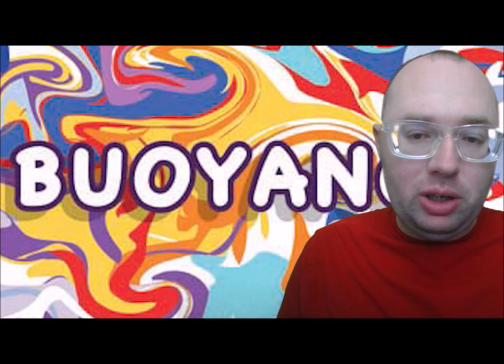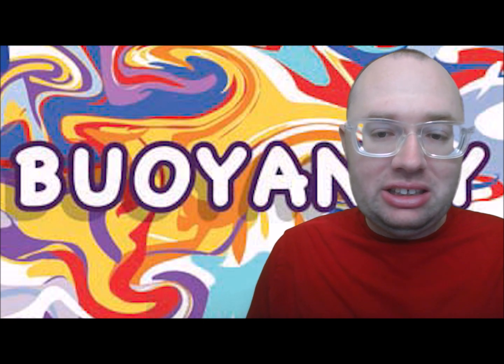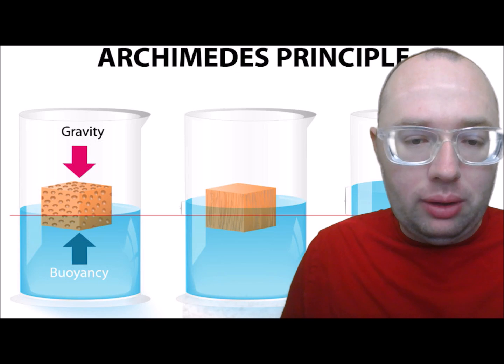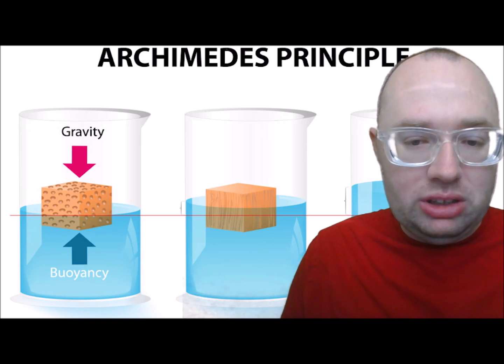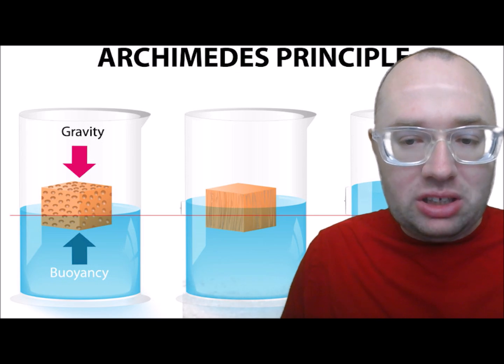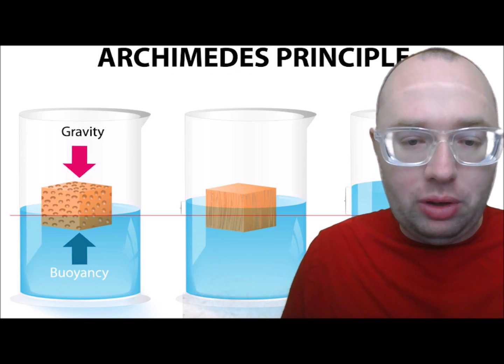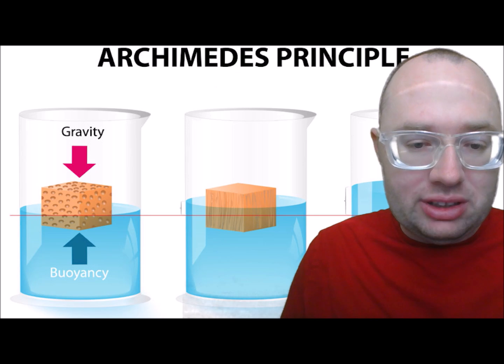Today I'm going to tell you about buoyancy. Buoyancy means something's ability to stay floating in water instead of sinking. It comes from the Spanish word for float, buoyar. The question of why some objects sink in fluids while others float can be answered using the law of buoyancy. This law is known as Archimedes' principle, after the Greek scientist who discovered it.